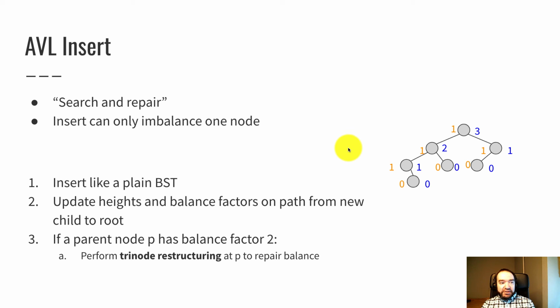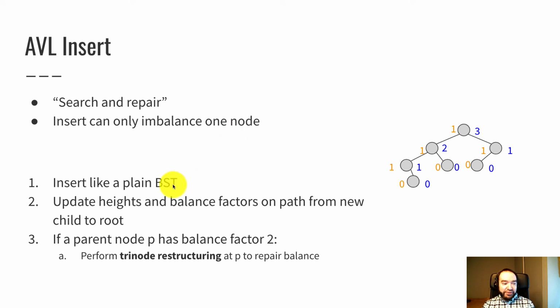So let's go over how the AVL insert operation works. It follows the pattern for self-balancing binary search trees that first we do an insert like a plain binary search tree. Then we check to see if the invariant is violated, and if it is, we fix it. We call this a search and repair approach. So first, do plain old-fashioned binary search tree insert like we've been learning about. That adds a leaf node, and look for a possible balance invariant violation. If we find it, we fix it. It's actually true that inserting can only imbalance one node, so we only have to look for one violation, and if we find that one violation, fix it.